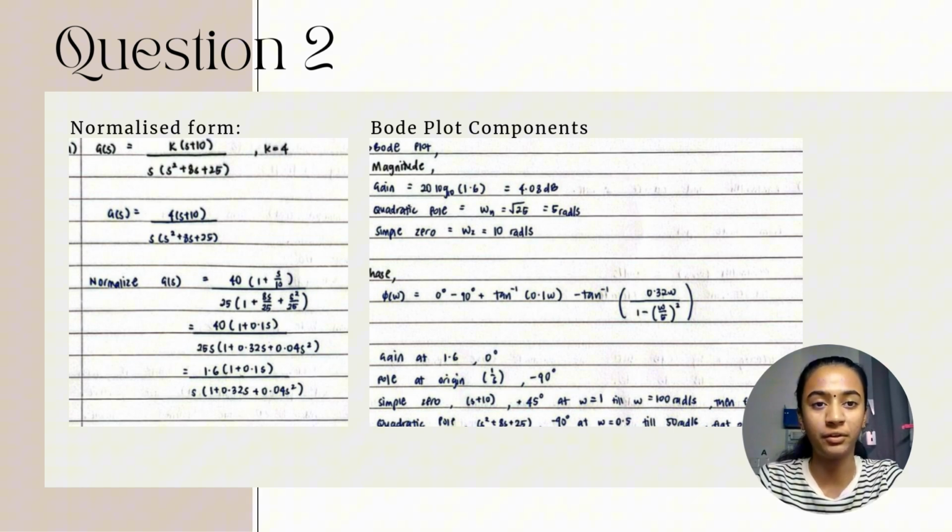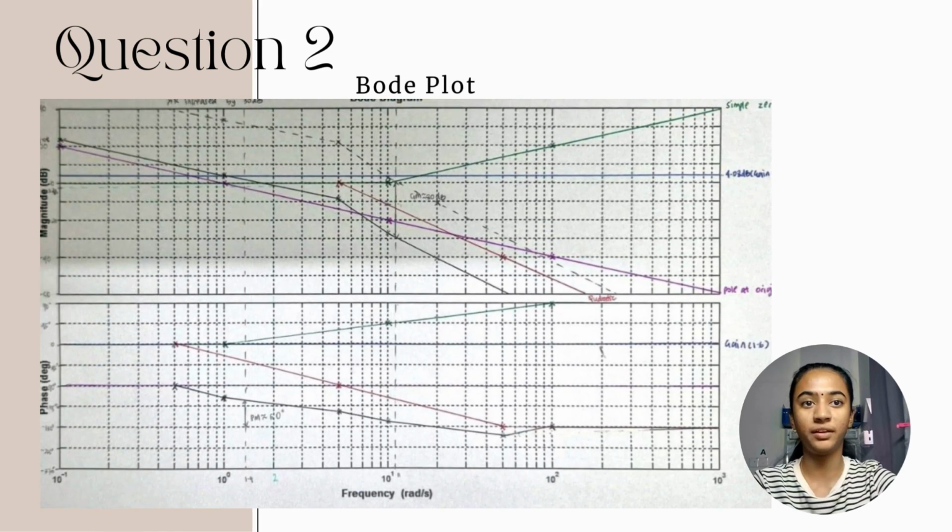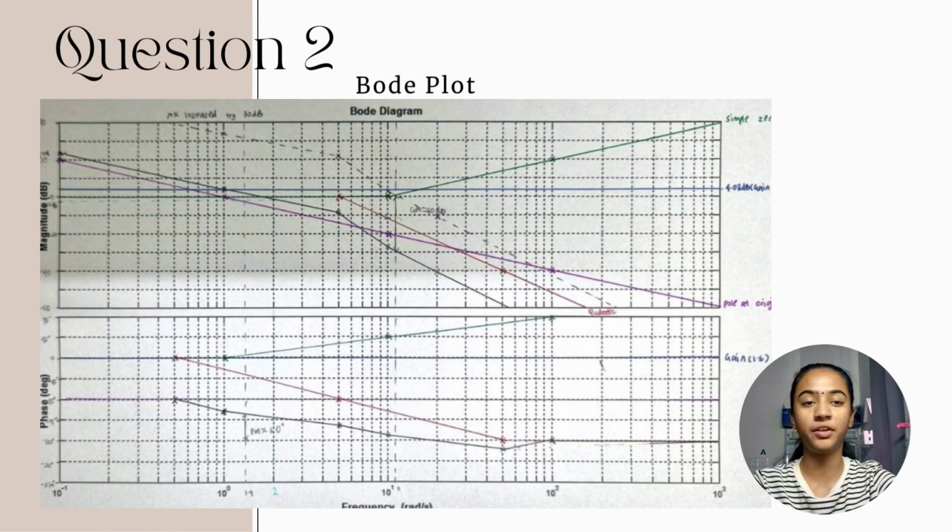The system has a pole at the origin, a simple zero at 10 radians per second, and a quadratic pole at 5 radians per second. These components determine the slope changes in the magnitude plot and the phase behavior of the system. Using these poles and zeros, both the magnitude and phase plots are drawn as